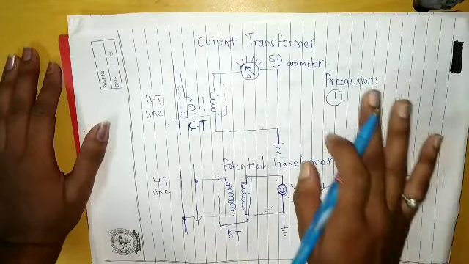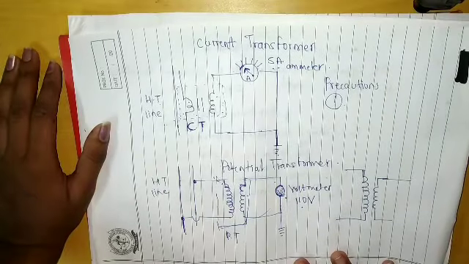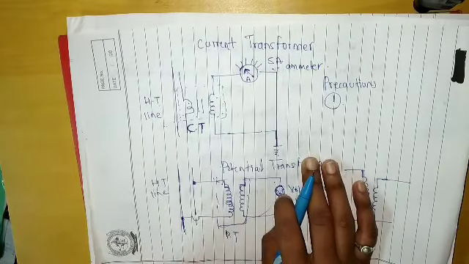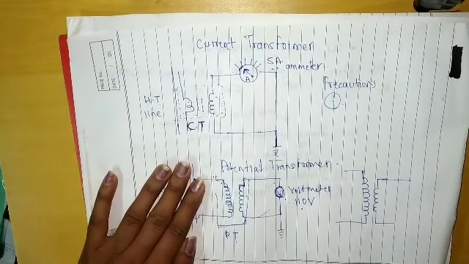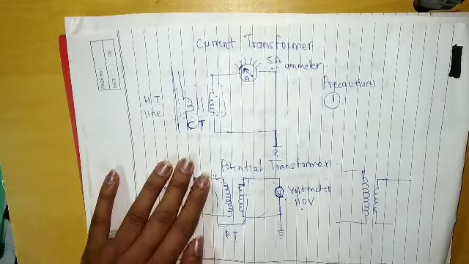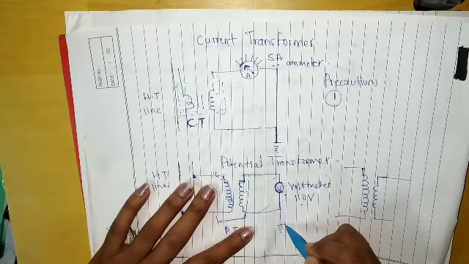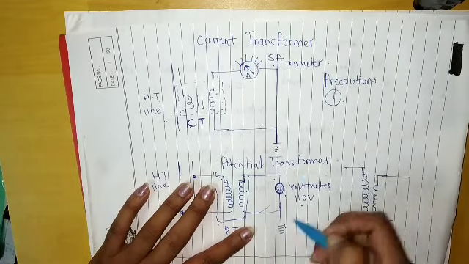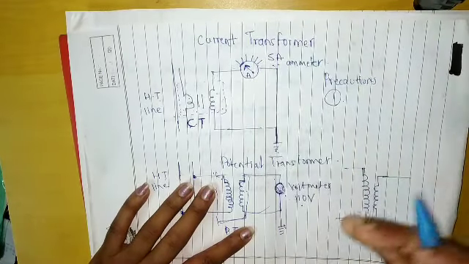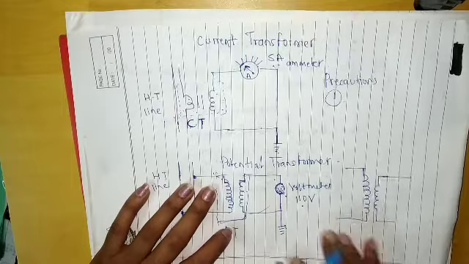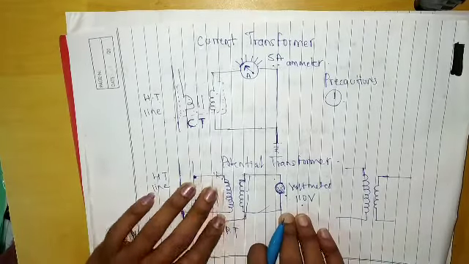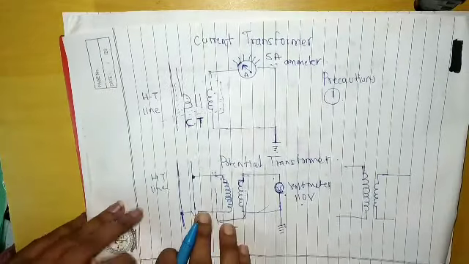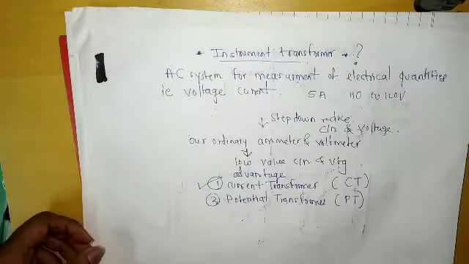What are the precautions? So the precautions are the same. The precaution to be taken is appropriate insulation. The insulation provided must be good. As you can see here, for safety purposes, we are providing earthing on the secondary. Similarly to the current transformer, we have to provide earthing to this potential transformer also. So this is about the current transformer and potential transformer. If you have any doubts, then please ask.